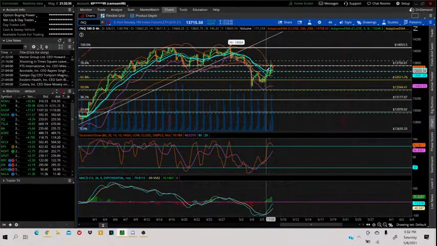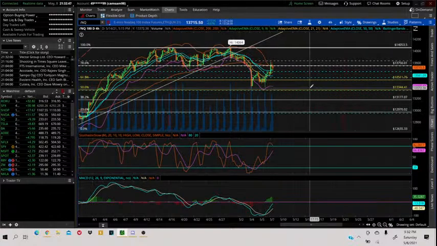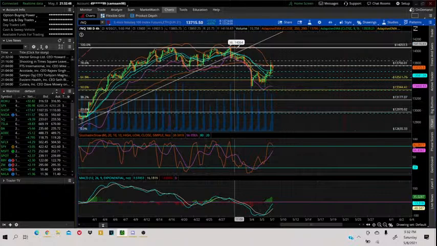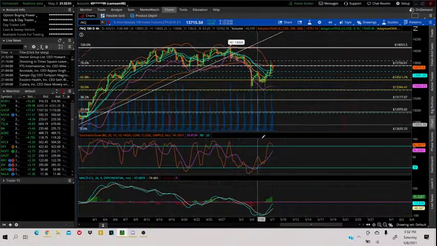But if it drops below 13,650, I'd be a little worried. But all in all, NQ is still looking bullish to me, but not 100% bullish. It's looking